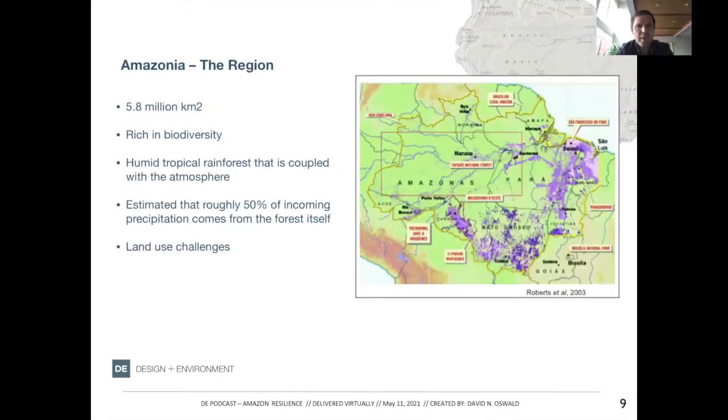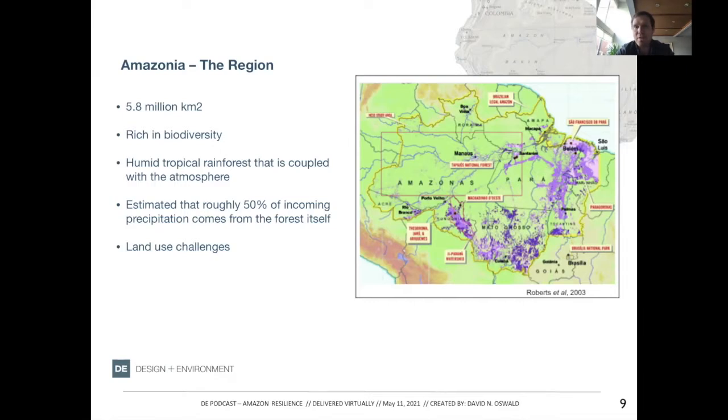So this is the region, and this map, you can see, is a little low resolution, but it gives you a rough idea of the area. You can see the yellow border, and there's the green vegetation within this yellow border. That is the border of what's called the Brazilian legal Amazon. So that's the Brazilian part of Amazonia, all of Amazonia that falls within Brazilian boundaries. You can also see Amazonas, Acre, Mato Grosso, Pará,